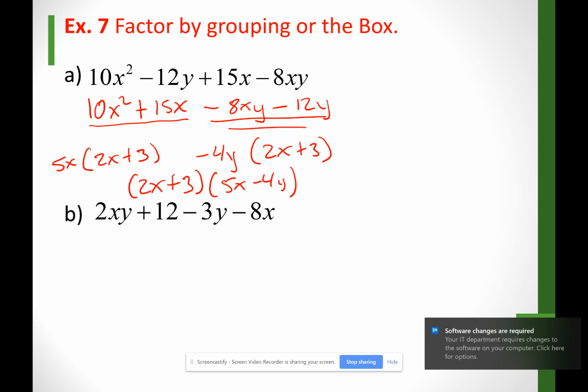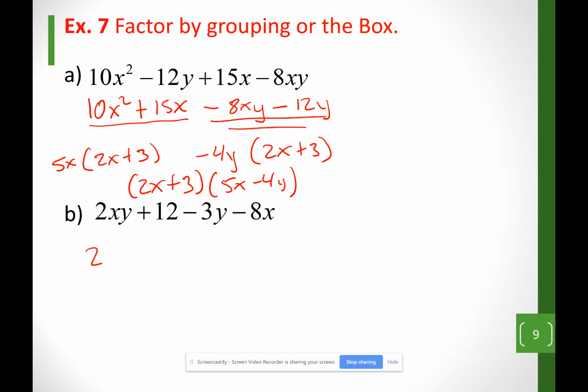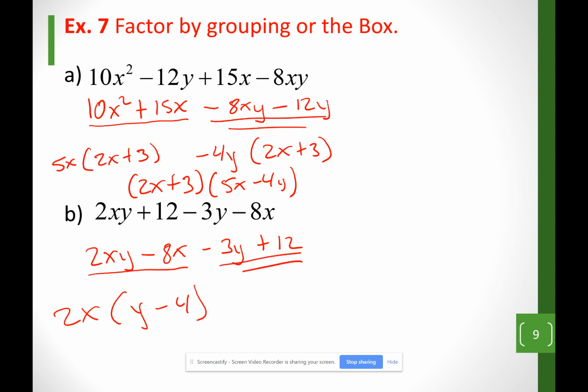Same thing with my last example. I'm going to have, let me do 2xy minus 8x minus 3y plus 12. Once again, I'll talk a little bit of this in class. On my first 2 terms, I'm going to factor a 2x out. So I'm going to have y minus 4. On the other 2, let me factor a